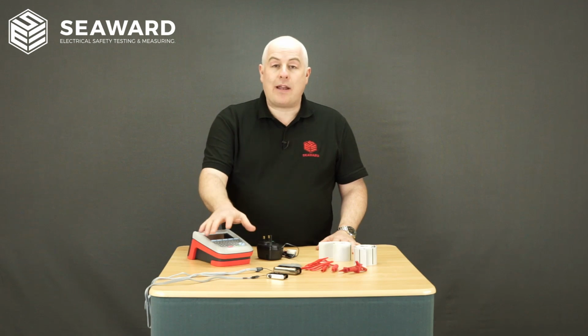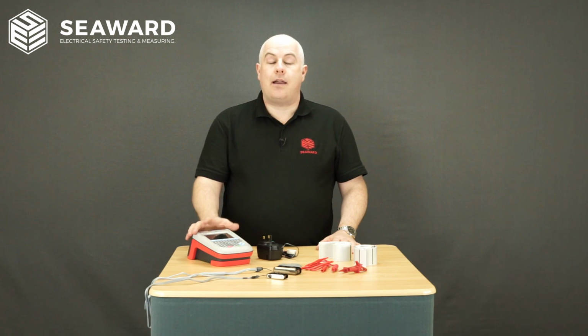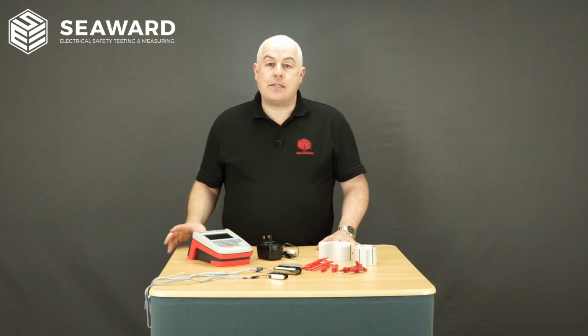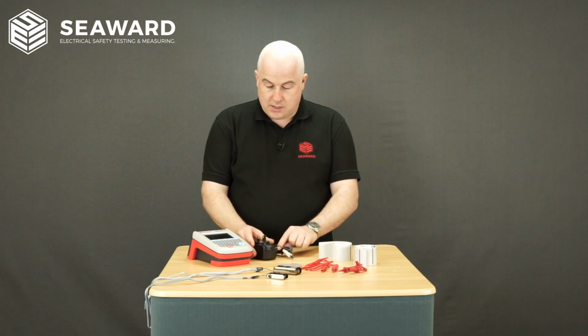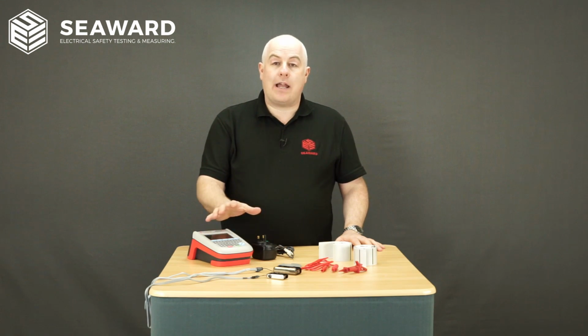The final Apollo Plus accessory feature that I want to talk to you about today is the ability to externally charge the batteries. Rather than the battery being fixed in the tester and we simply charge it by connecting to the mains, we now have the ability, using a removable battery and an external charger, to charge the battery outside of the tester. So for high volume users, you can simply buy an additional battery and the charger and